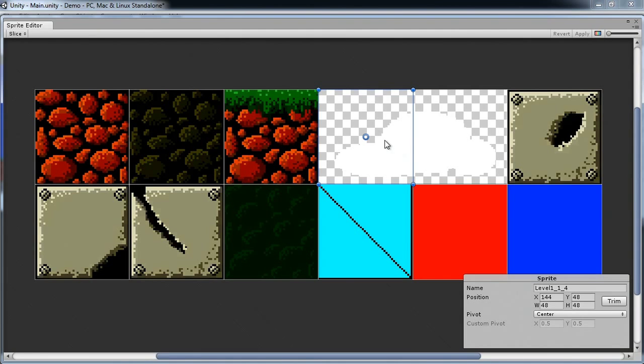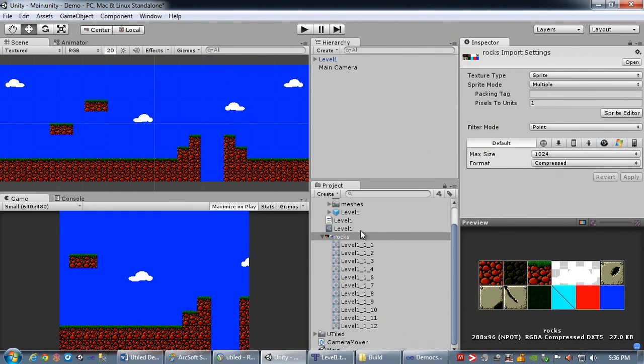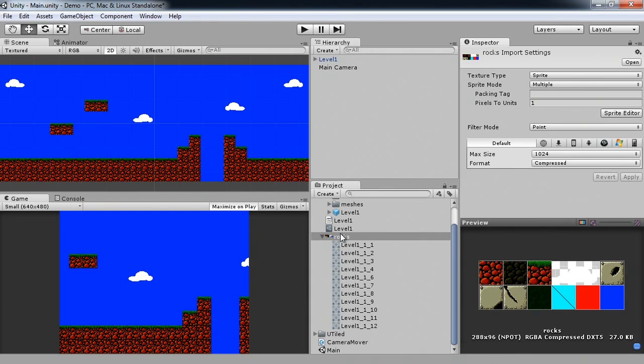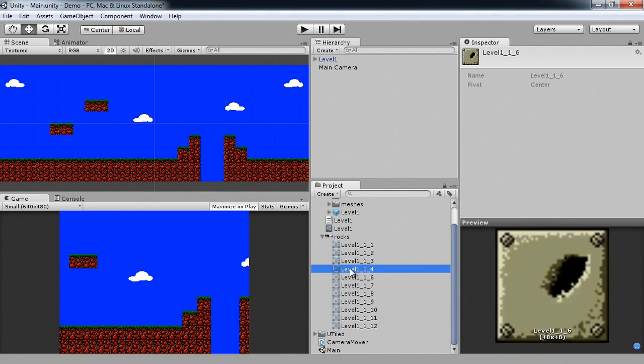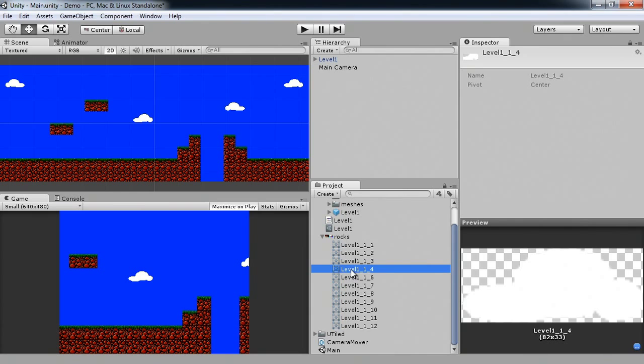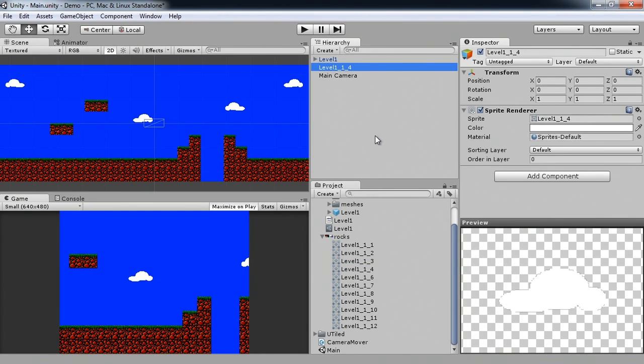I can delete this guy, come over here, grab him, stretch him, and then trim in there, and I'll go ahead and hit apply. Tiled is not using that data. I should have renamed it though, because when I re-import it, it will overwrite it. But for this, I'll just bring him in like that. Now you don't see him. He's right there in the center, but we're not seeing him at the moment